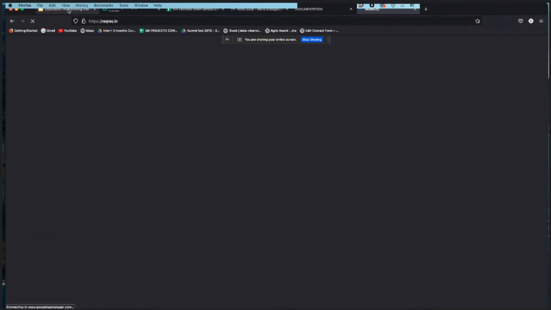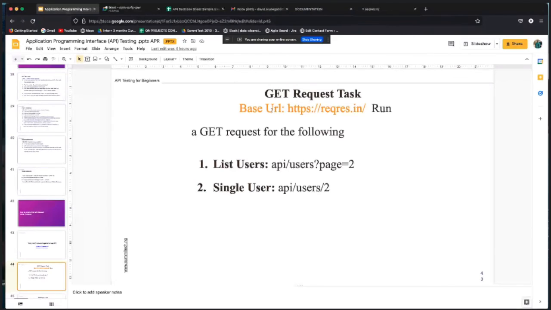Create a collection folder, name your folder Request API, then create a GET request, set your base URL, and set your URL, which comprises your base URL and your endpoint. Remember the example I gave when we started the class. Then create a request for list user and a single user.